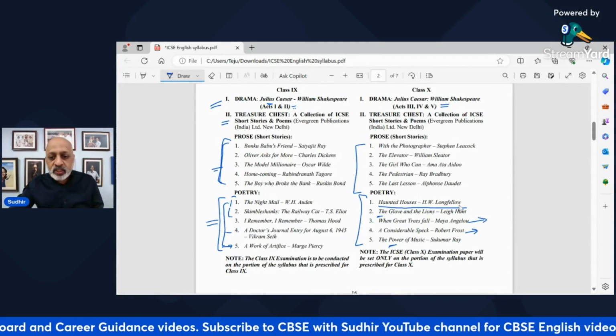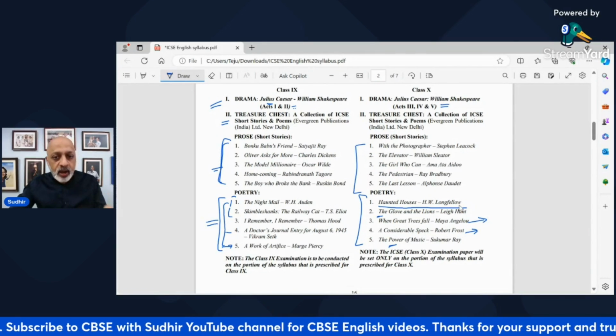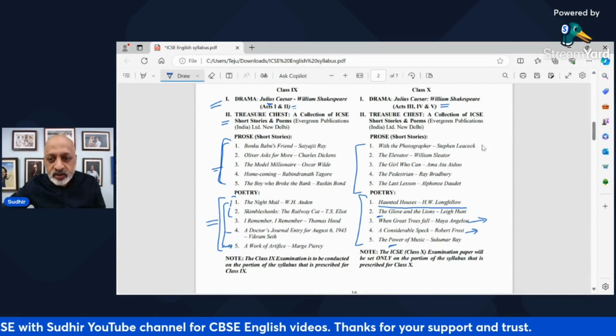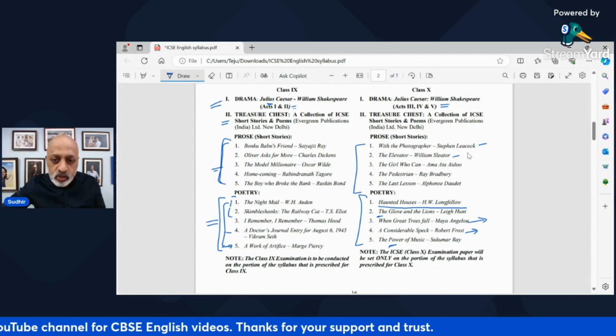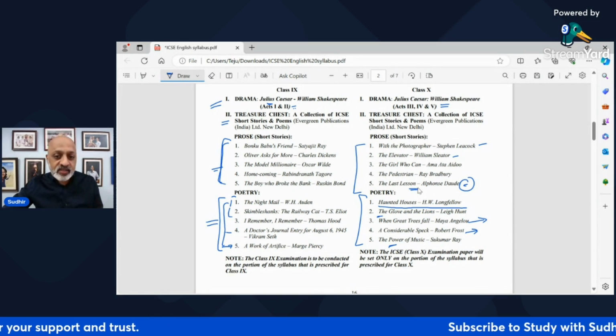Haunted Houses by H.W. Longfellow. I found it extremely complicated. The stories are quite interesting. This is easy. This is also nice. This one is also actually part of CBSE class 12, the last lesson. Okay,